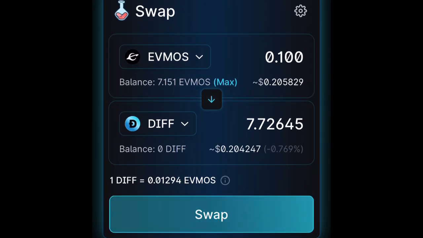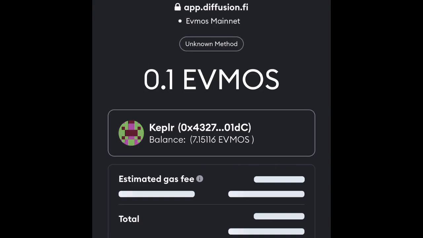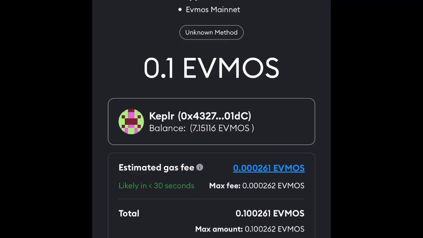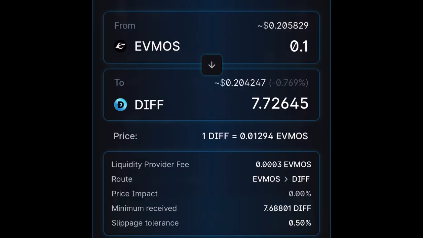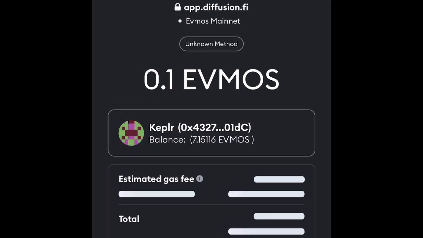But at the same time, I know why I do this for my newbies. I like to put everything on fast over here because the Evmos blockchain be lagging a little bit, guys. It's new, so the transaction speeds are gonna ramp up with time. So when I do these transactions, I don't like to wait.